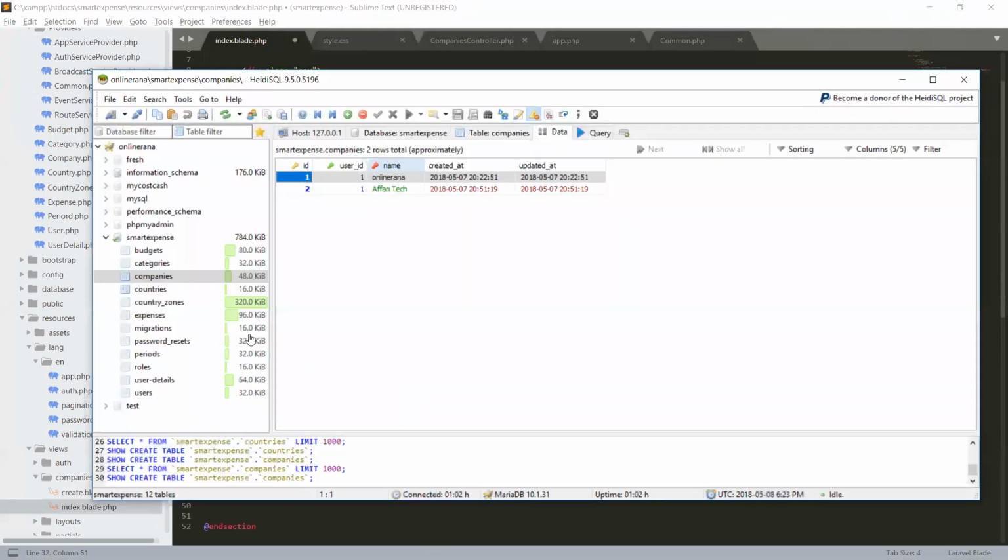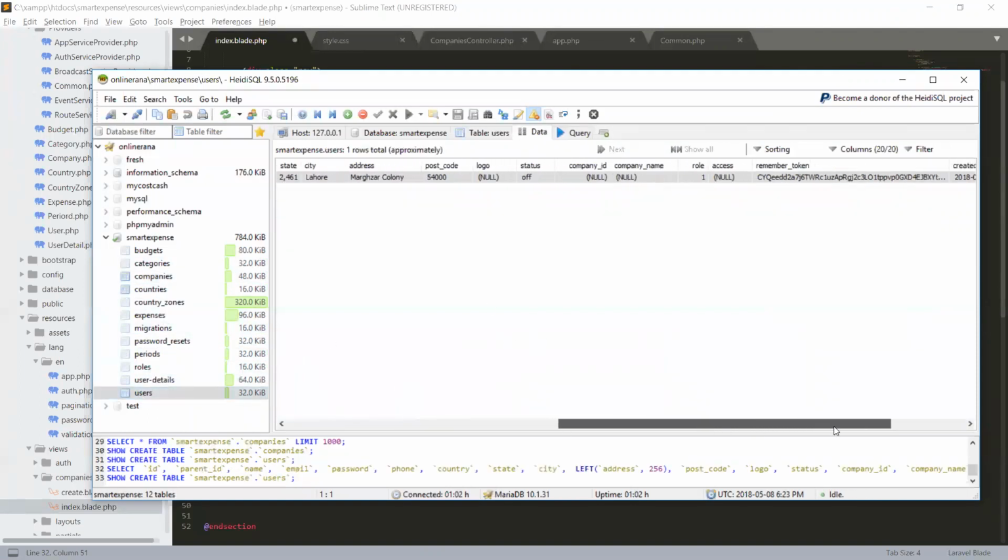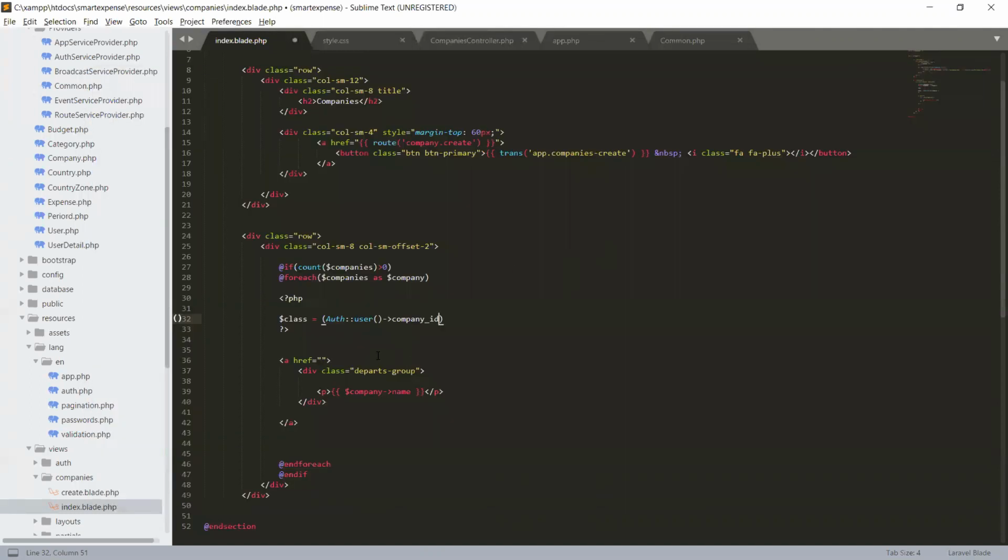So in our database, where is the user table, users, and the company ID. See, this is null. So when we have activated this company ID, we will access this.